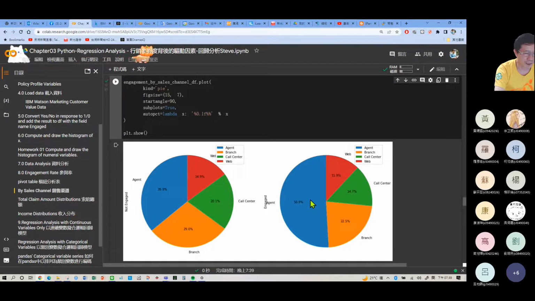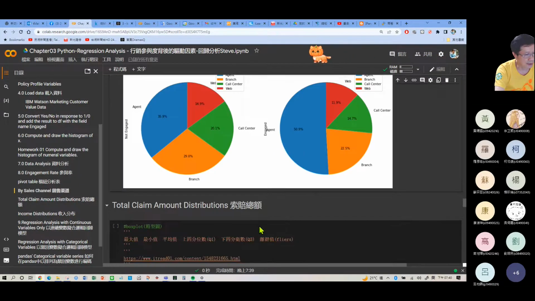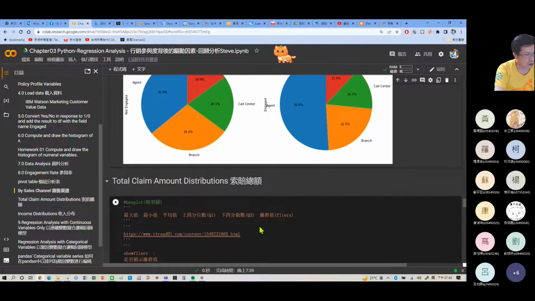You may find the agents is much more than the website. For the not engaged, it's almost the same. 在没有续约的跟有续约的，都是在 agent 的部分比较多。